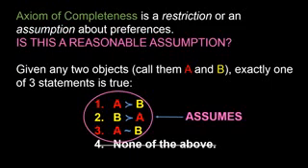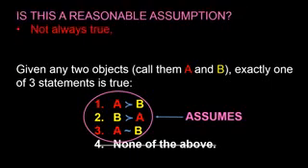So is this a reasonable assumption to make? Well, on the one hand, it's not always true. For example, it might be that Jane has never tasted an apple or a banana in her life, and so she genuinely has no opinion whatsoever about apples and bananas. But for the most part, these sorts of situations are unusual. Whenever you give people 2 objects, they'll usually be able to tell you whether they strictly prefer one to the other or whether they're indifferent between them. Hence, even though this axiom does not perfectly describe the world, it is nonetheless a reasonably good description, and so we might be happy with it.